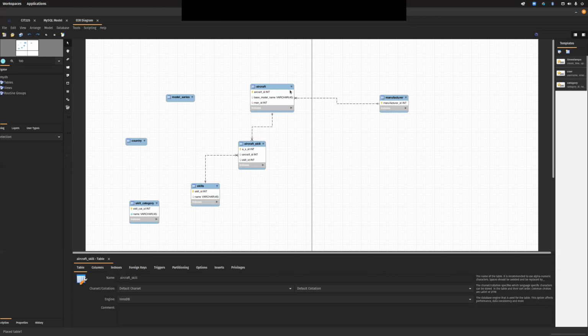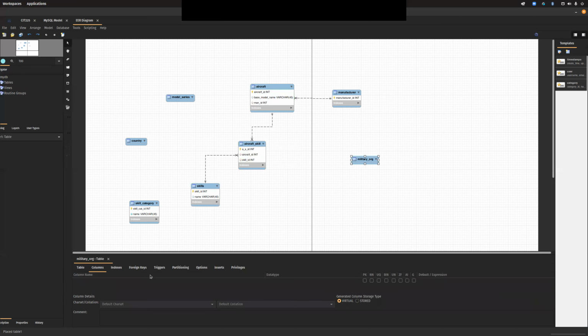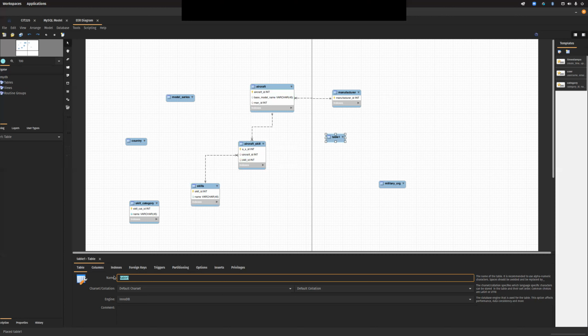Does that make sense? 1, 2, 3, 4, 5, 6. So we're up to 6, and we can add a lot here. So we have manufacturer. I'm thinking we can have military. I know they have certain names, but a military org, like what military organizations use the aircraft, and then we can have a table that's